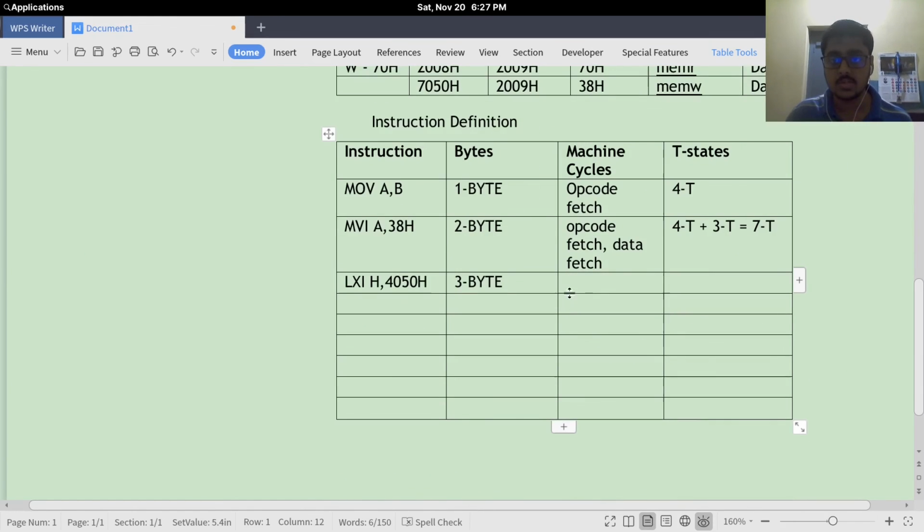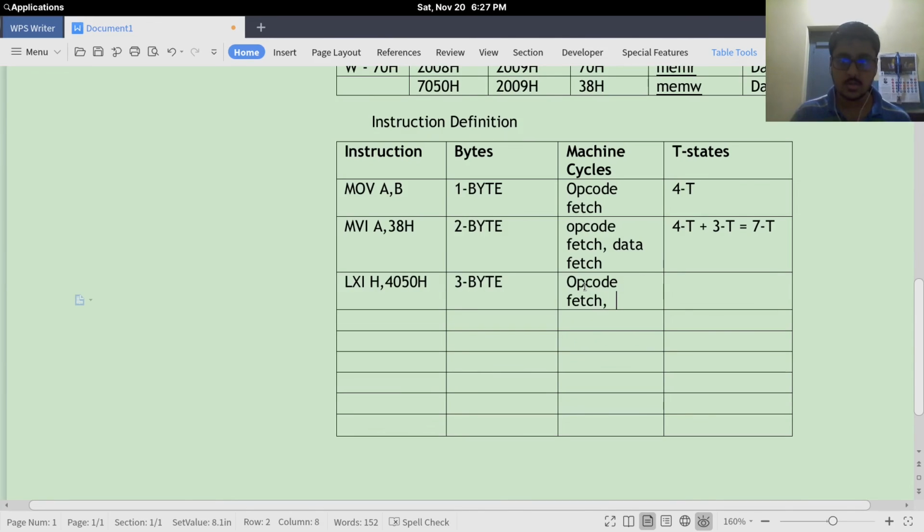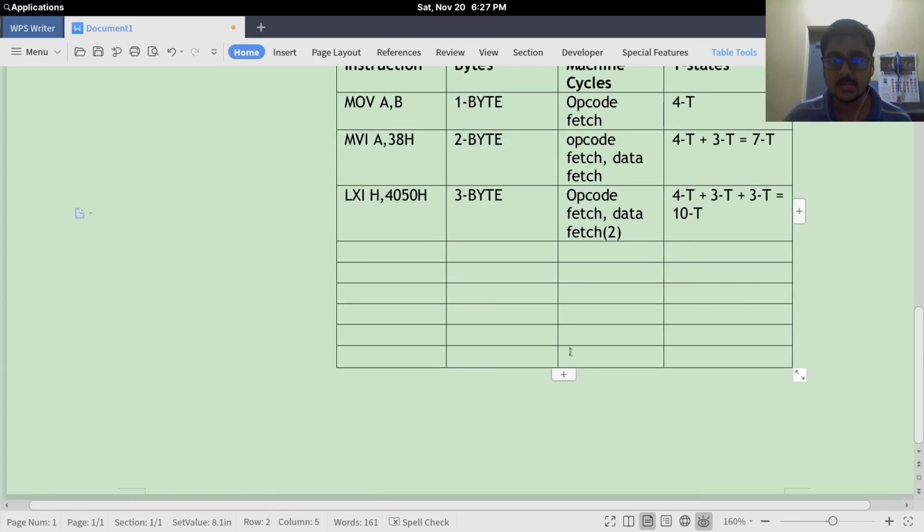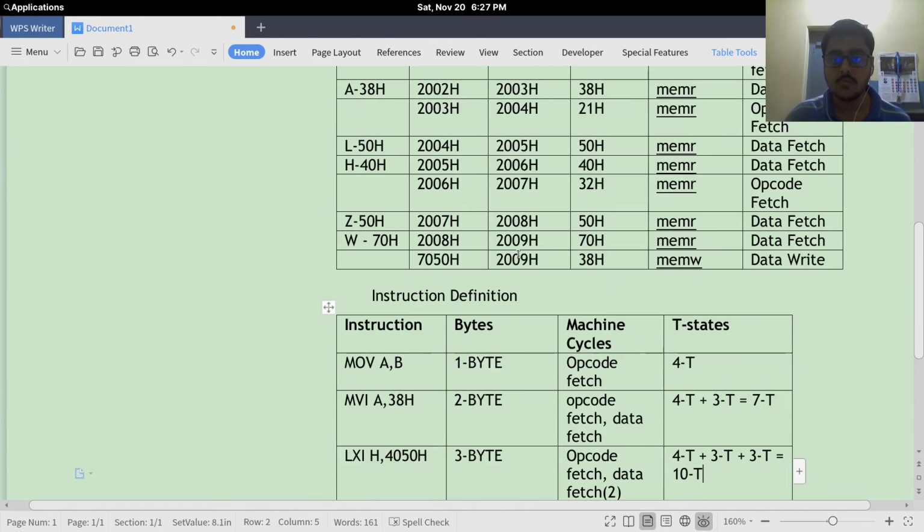So there are 3 machine cycles: opcode fetch, and data fetch, which is done 2 times. For data fetch we have seen 3 T states. So we get 4T plus 3T plus 3T, which is a total of 10 T states for LXI H, 4050H.